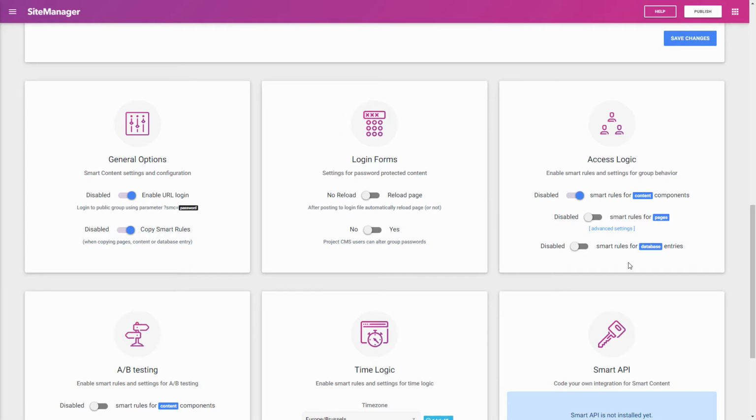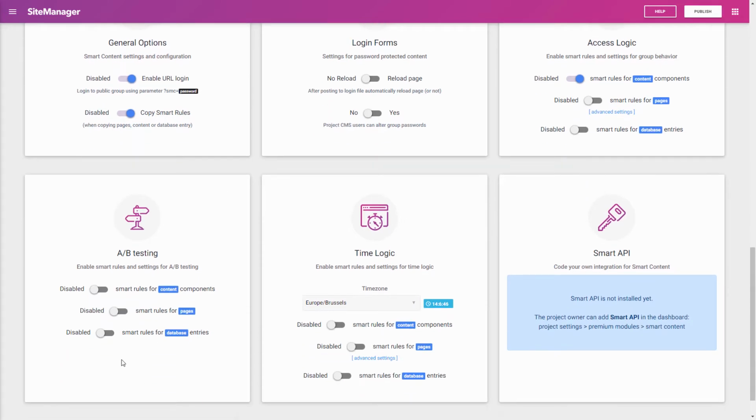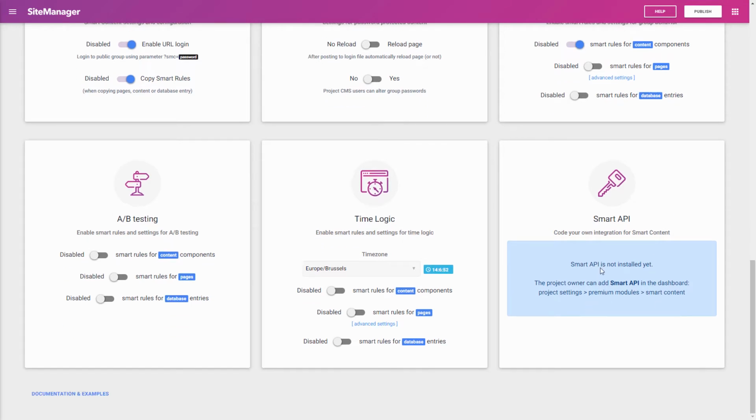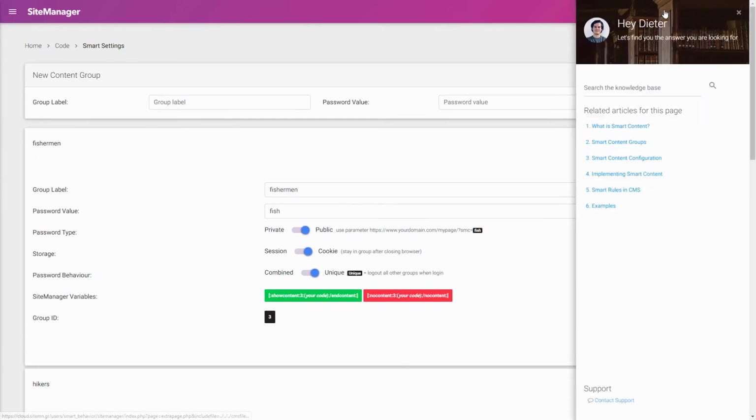So if your website is using our database module, it completely integrates with it as well. The next section is for A/B testing, which we are going to show in a later video. Same for time logic. And this is where your smart API credentials would be if you would need them. It's also very important to know that you can always click the help button right here and go to these documents, which show more in depth than this video how to implement and configure the smart contents